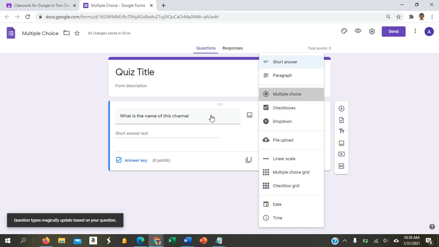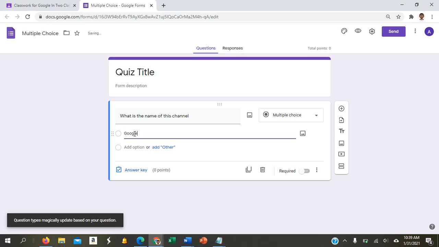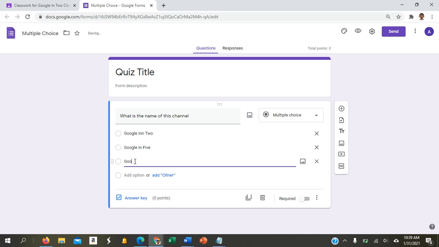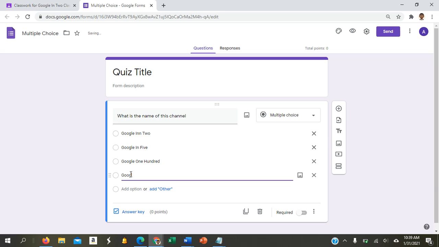Multiple choice. We'll put Google Into 285, Google 100, or Google Into 0. Now, obviously, the answer is Google Into. So we're going to set up our form so that whenever a student completes it, the form is going to